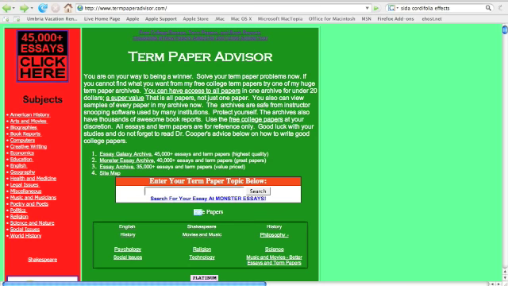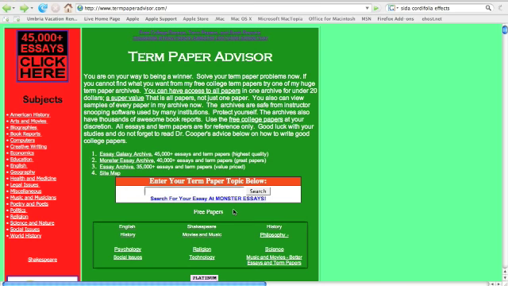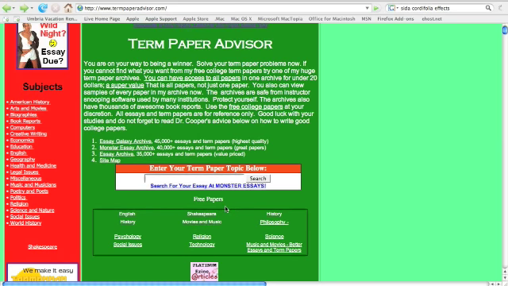I also offer a bevy of free papers. You can look at those and do with them what you want. That's all I can say about it. You may be able to get some ideas for term papers from the free papers. That'd be great. Save your money. But they are on there, and they are free, and I've had them on the internet for a long time. It's hard to say how many people might have used them. But again, if you put things in your own words, you can avoid the plagiarism rap.